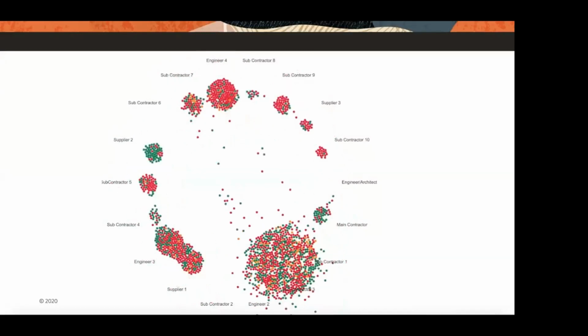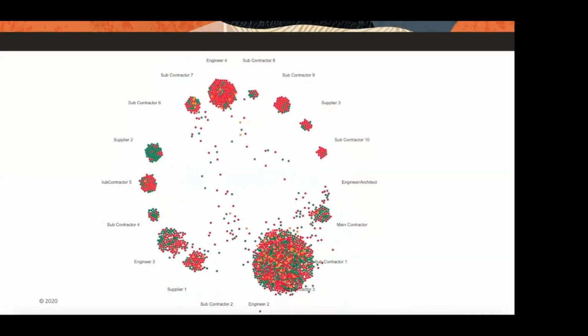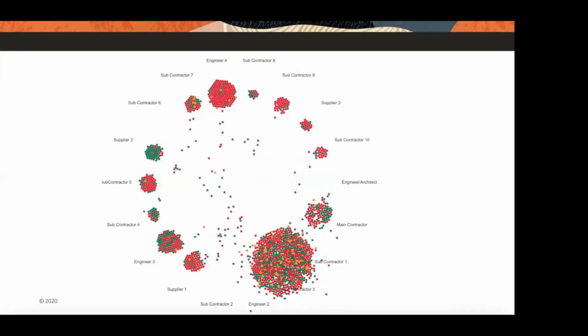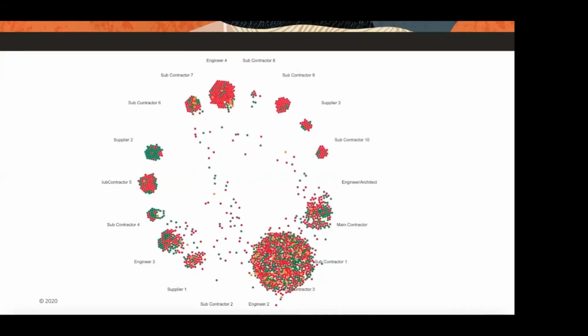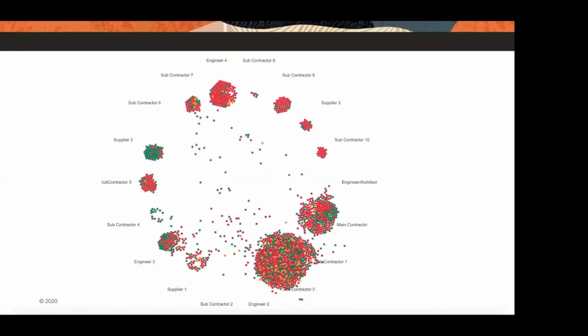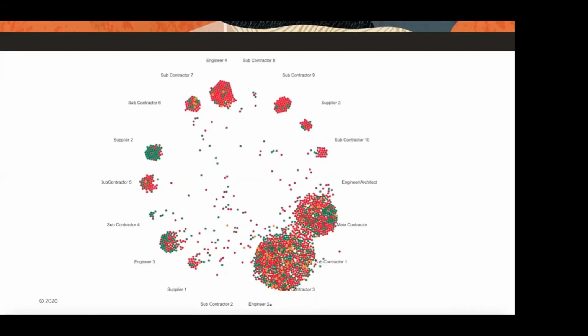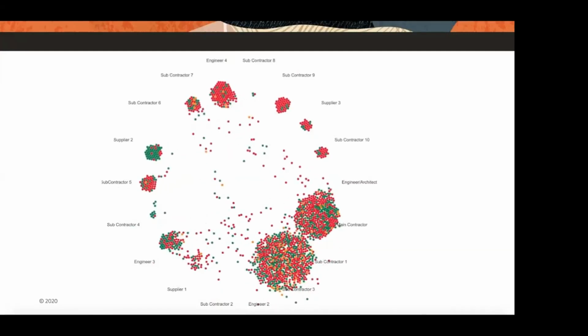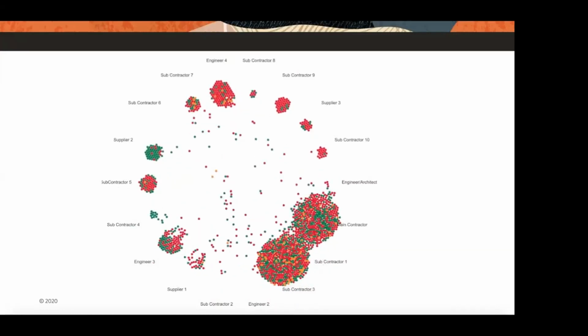So what we see in projects these days, as projects are growing and becoming bigger and bigger, is that there are many, many data items flowing around between the different stakeholders within a project. So think about design documentation, contractual documentation, documents, drawing specifications, and how this information needs to move.